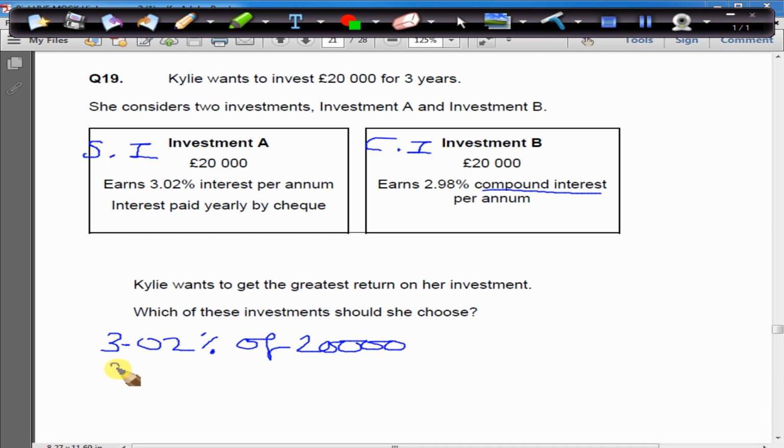Okay, so that's going to be 3.02 divided by 100 multiplied by 20,000. That's how much interest you'll earn in 1 year. And if you want to work out how much he earns in 3 years, what do we do? Times by 3. So I need somebody to work that out for me, please. And that should give us an answer of